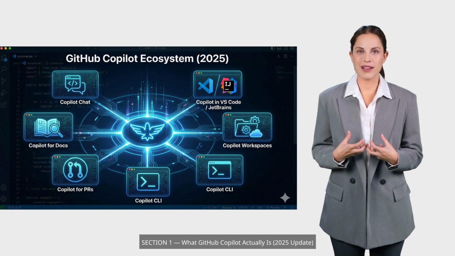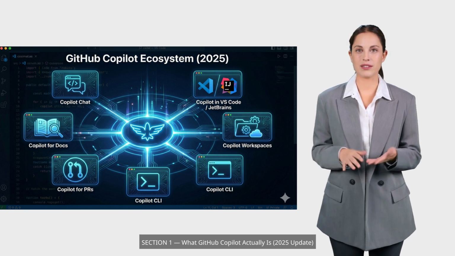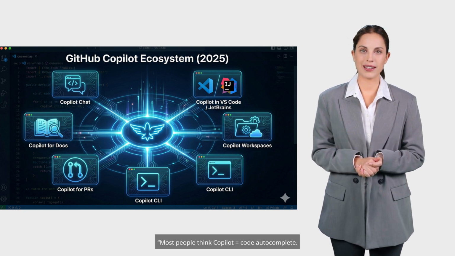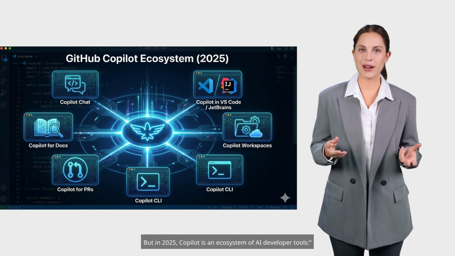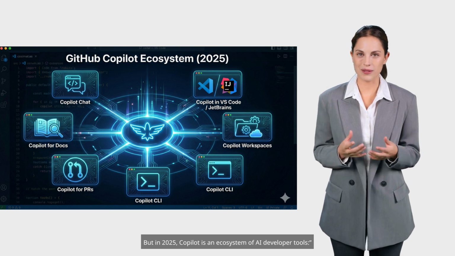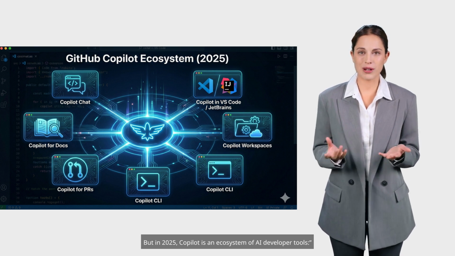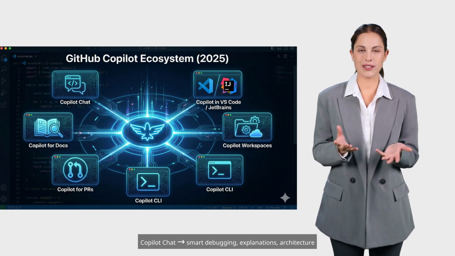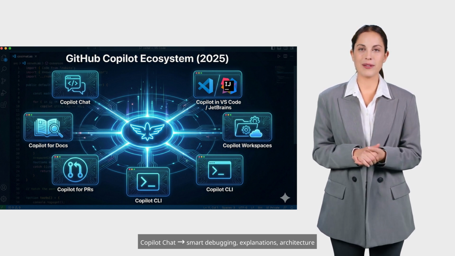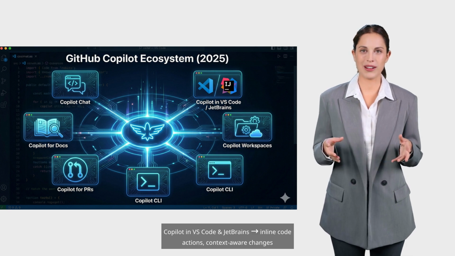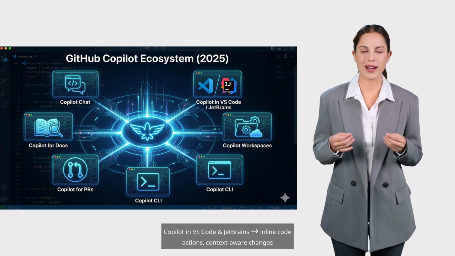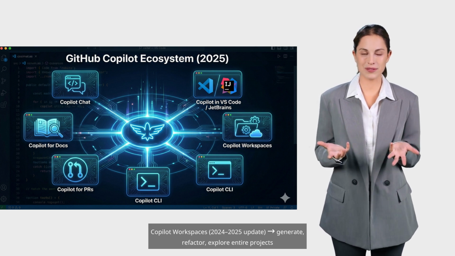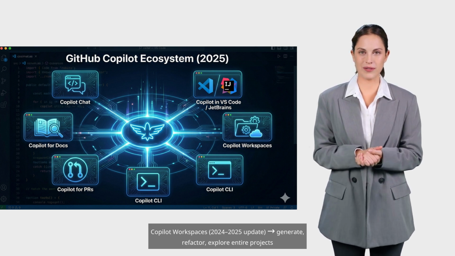Section 1. What GitHub Copilot actually is, 2025 update. Most people think Copilot equals code autocomplete, but in 2025, Copilot is an ecosystem of AI developer tools. Copilot Chat: smart debugging, explanations, architecture. Copilot in VS Code and JetBrains: inline code actions, context-aware changes. Copilot Workspaces,